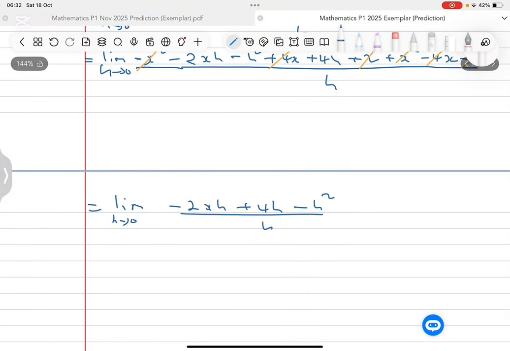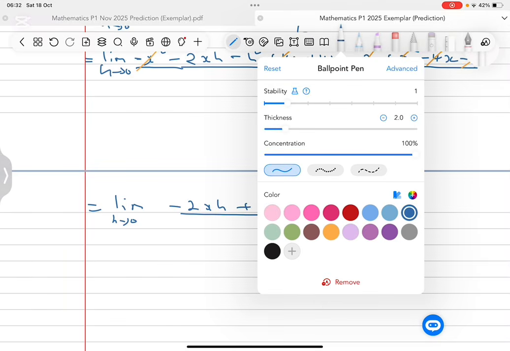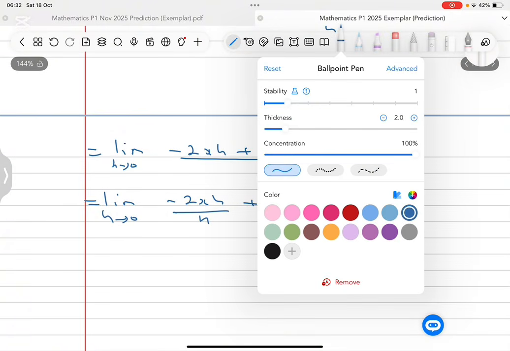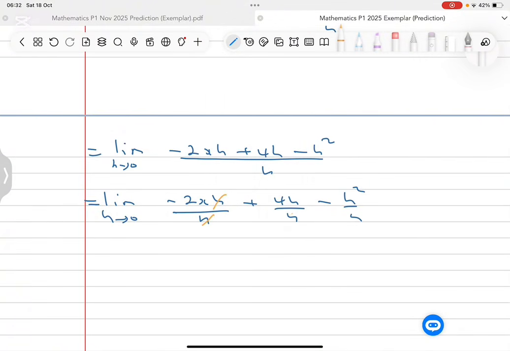Now at this stage, you can divide the whole thing by an h, so that we have the limit of negative 2xh over h plus 4h over h minus h squared over h as h approaches 0. And you would see that the h would cancel each other out, and I'm only left with the limit of negative 2x plus 4 minus h